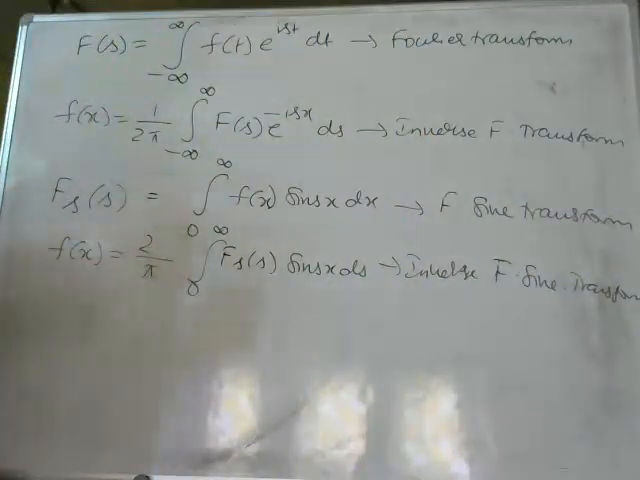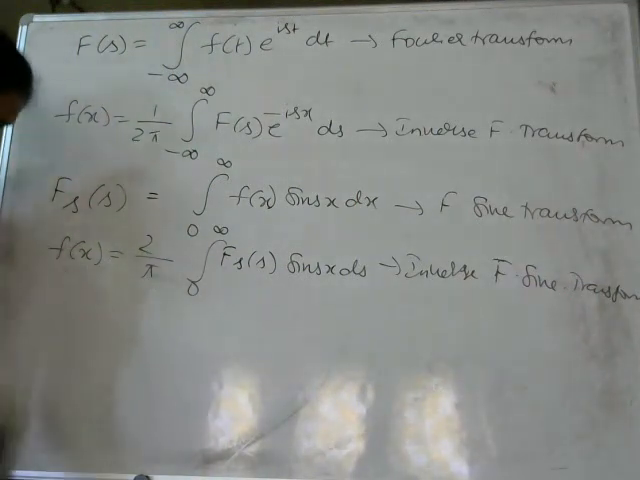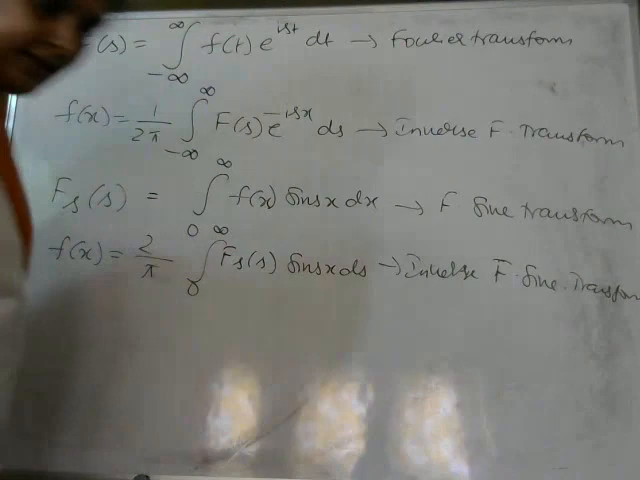Similarly, if you go with Fourier cosine integral, we get the same. That cosine integral we write as fc. So we denote the term as fc. So how we write down the